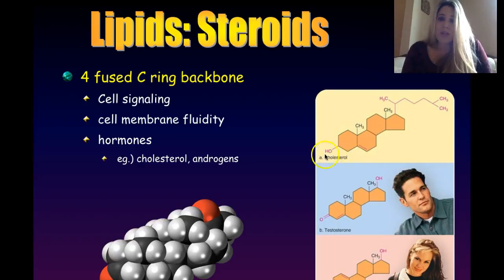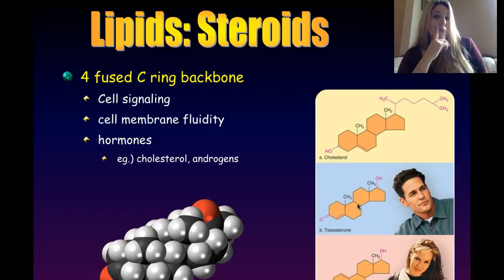Now in the case of cholesterol, notice we have a hydroxyl group stuck here, a methyl group there, a methyl group there, and then this big chain. Don't forget everywhere where there's a little corner, that means there's a carbon. So that's cholesterol. That is the chemical structure of cholesterol. Now let's just chemically alter this a little bit. Let's break some bonds and change some functional groups around. So let's take off this great big chain right here and replace it with a hydroxyl group and break a bond over here to make this a double bond to the oxygen. Lo and behold, you have just gone from cholesterol to testosterone.